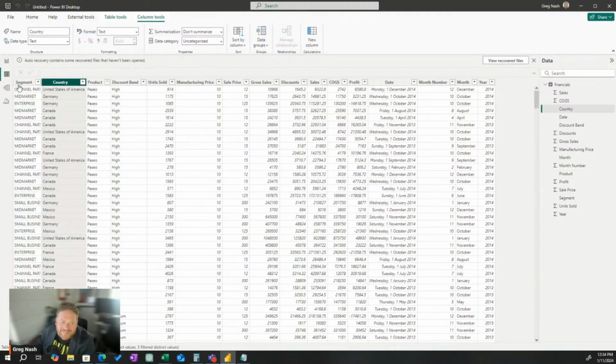Why? Why? It's not alphabetical. Is this alphabetical? No, it's almost alphabetical. Is there a space in front of sales? COGS, so that goes C, D, G, M, P, S, U, Y. That's alphabetical from there down, but sales isn't. That's got to have a space in front of it. It does.